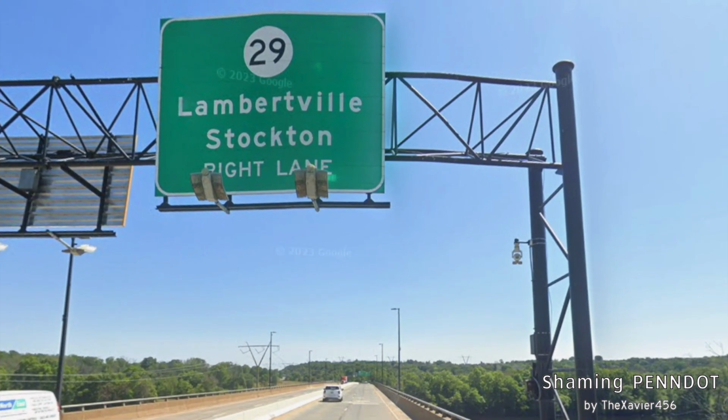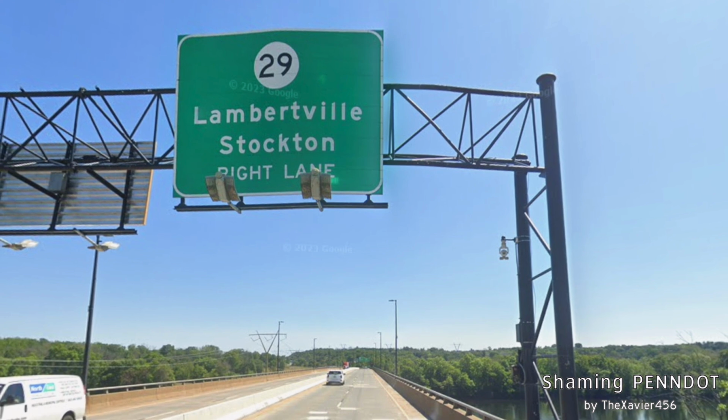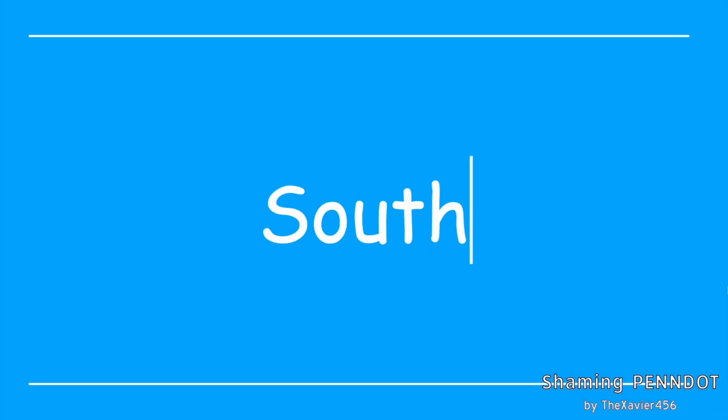I'm sure these signs were put up by the Delaware River Authority. But while we're still in Pennsylvania, before we've crossed the river, we can see a New Jersey sign right here. 29 North Lambertville and Stockton. But that ends it in Pennsylvania, so let's turn around and talk about southbound US 202 in Pennsylvania, which includes